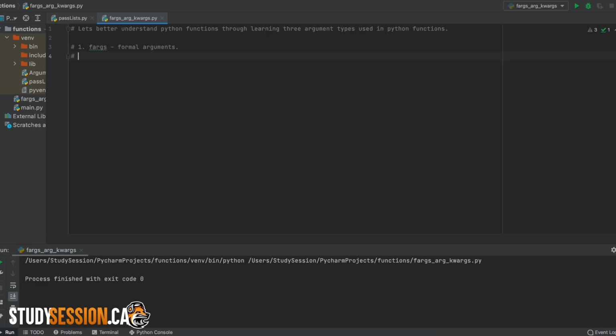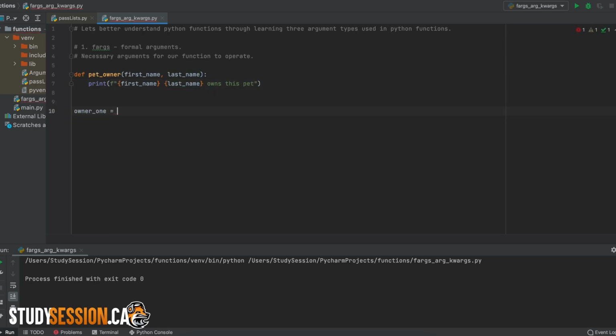I say we are familiar with these as we have been working with them already in the previous couple videos. These are the arguments that a user must give us in order for our function to operate properly. So, for example, if we are looking to create a simple little database for everyone who visits our veterinarian center, we could create a super simple function that just expects the owner's first and last name. Just to be clear, these parameters listed here, first and last name, are the formal arguments.